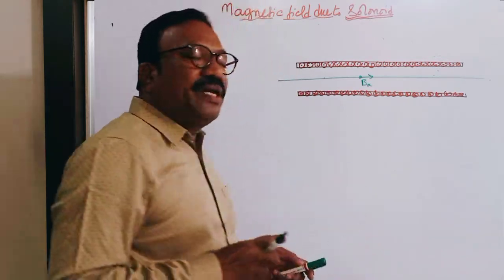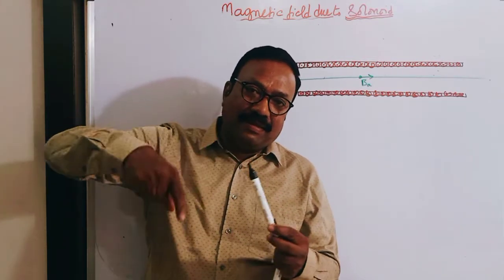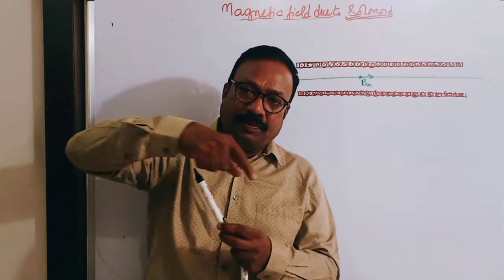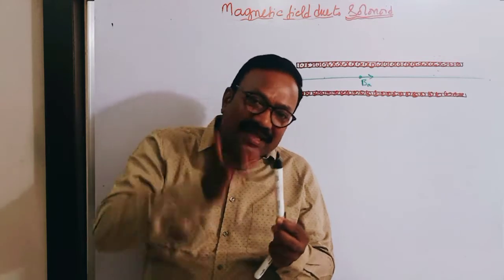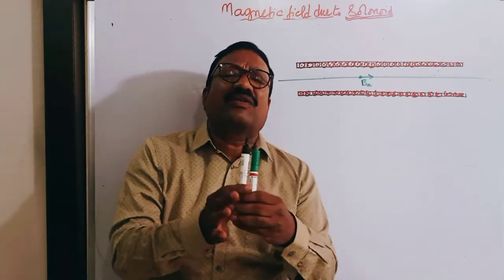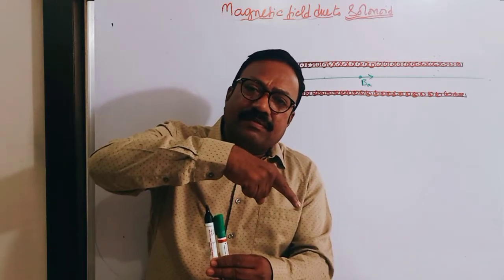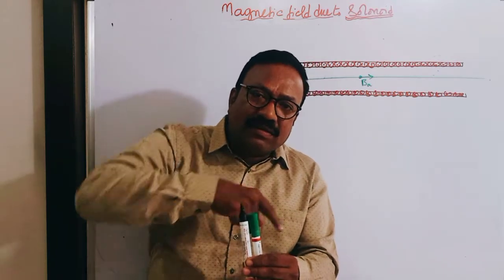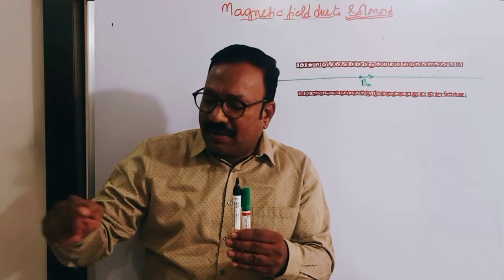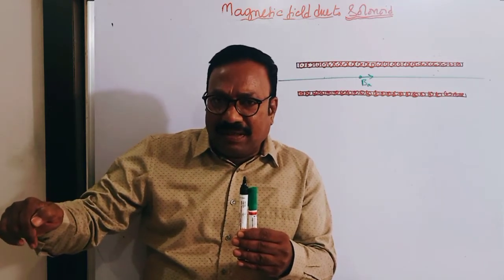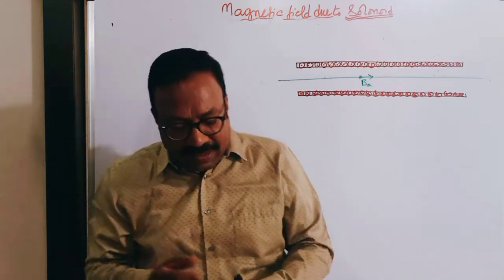In order to apply Ampere circuit law, there will be a current carrying conductor, and there will be a loop around it. That is called Ampere's loop. So you will say the integral of B dot dl is equal to mu naught times the current inside the loop. I can have more than one conductor also, but you have to imagine one loop around it. Let the length of the loop be L. Then the magnetic field due to the circular conductors on the loop is B, say for example at a point. So you take an elemental length dl there. So the integral of B dot dl is equal to mu naught times the current inside the loop. That is the Ampere circuit law.